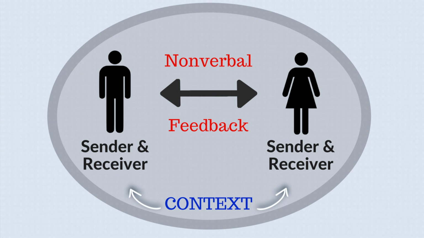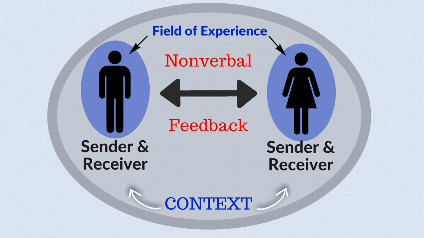According to the transactional model, we also arrive at these interactions with what we call a field of experience. Each communicator has attitudes, beliefs, values, and psychological influences that shape and form the interpretation of our messages. We look at the nonverbal and verbal cues, and because of all those attitudes and beliefs, we are making sense of them. We're interpreting them in certain ways. For me, this shows how the decoding of messages, as Shannon and Weaver called it, is much more sophisticated and layered than simply figuring out what the words mean. You're reading the signals very carefully and understanding things from a certain point of view. You're filtering everything you hear and see through your field of experience.